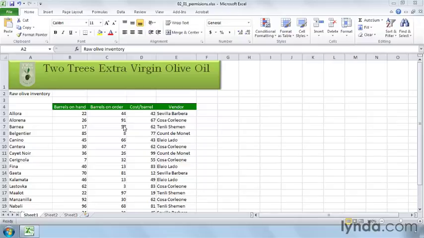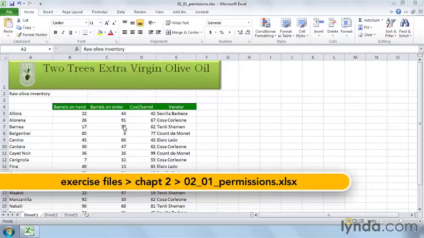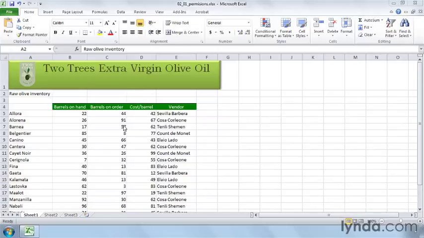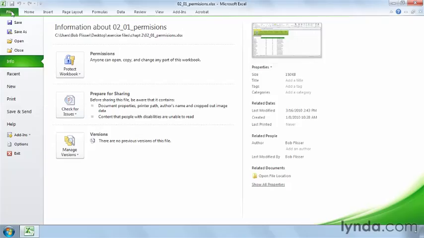If you were following along in Chapter 1, you saw some new features of Backstage View, also known as the File tab, where we saw a few new ways of saving and opening and closing documents. In this movie, I want to show you some new ways of setting workbook permissions. So let's go to the File tab, and in Chapter 1, we looked at this middle section, but now let's